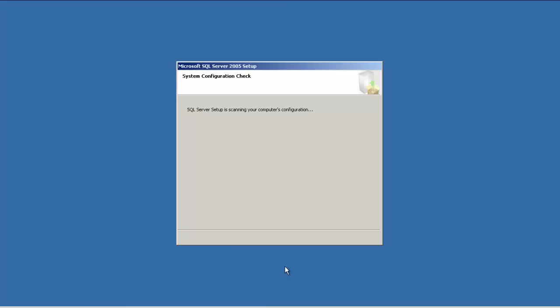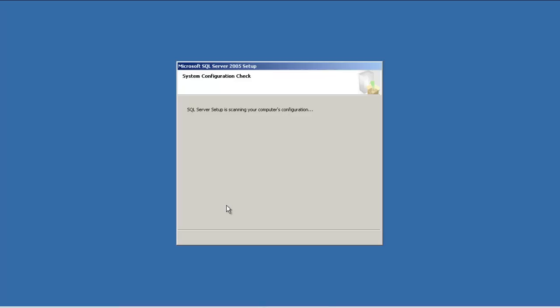Here it is. It has thrown up the screen. SQL Server is scanning your computer configuration, and it will look into the details of the space and other things again. Of course it has to figure out whether there is enough space and RAM to actually run the second instance of the SQL Server, and whether the hardware will support it.